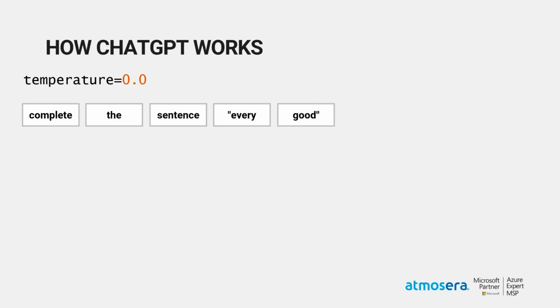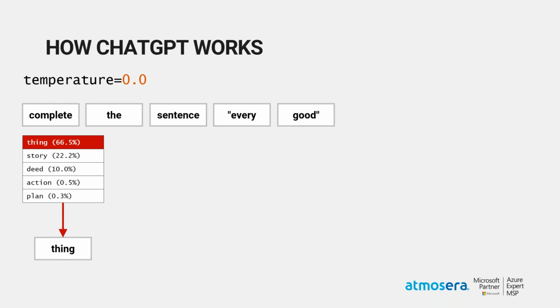ChatGPT works essentially the same way. It takes the prompt that you feed into it, like "complete the sentence: every good," and it feeds that into one of the model's inputs. It also feeds a start token into the other input. And what ChatGPT does in its output is it generates a list of probabilities for every possible word that could